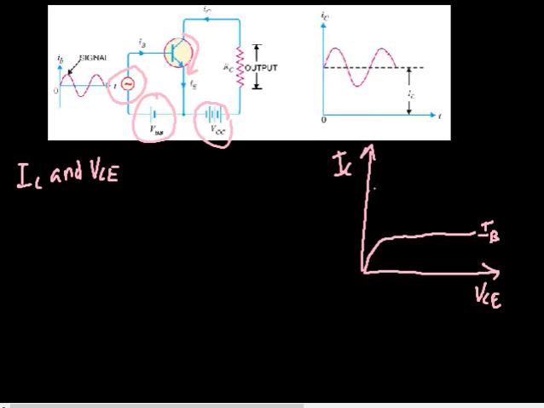That means the output characteristics give the information regarding the collector current with respect to different collector emitter voltages at constant base current. The same information, that is different values of IC with respect to VCE, is obtained from the DC load line